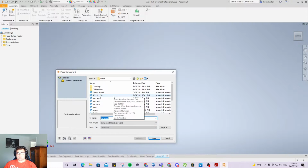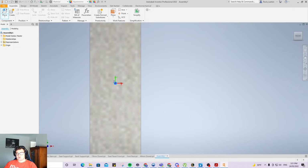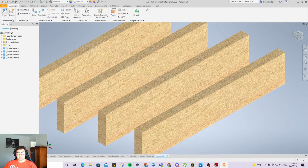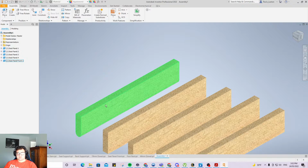First thing I'm going to make is the seat, because we actually have to do something to that as well. So what we were aiming for was, where are we, seat beam, open. That is definitely not the right drawing. Oh, we're on bench in there, and we go YouTube stool, and we're going to go with seat, also probably the easiest. 1, 2, 3, 4. Right click OK, and then we'll place the front, open. Cool. Because this is the only one that's different, I'm probably going to make this one constrained to the origin